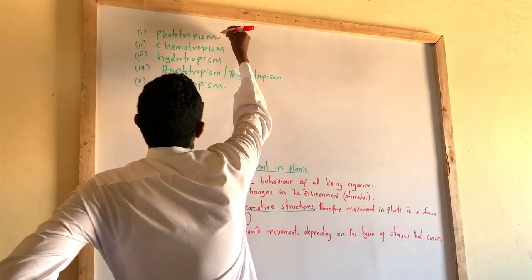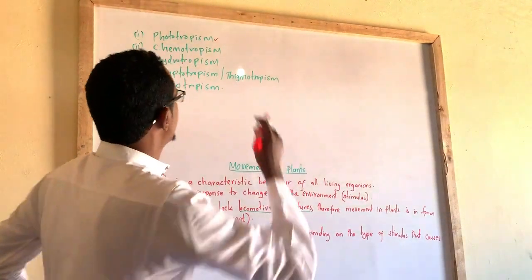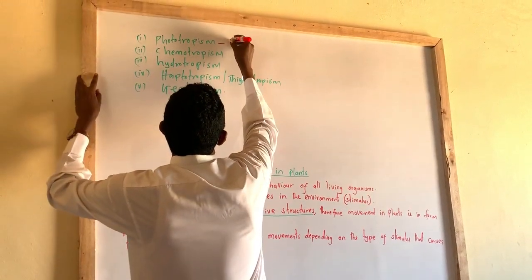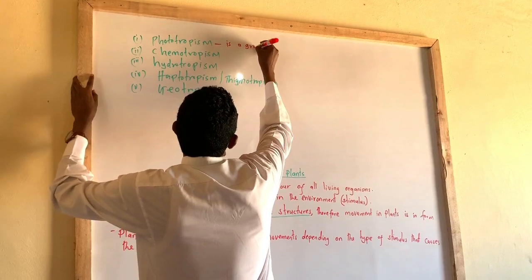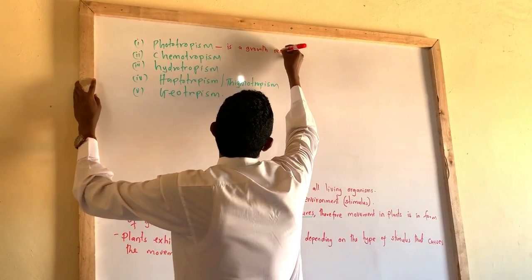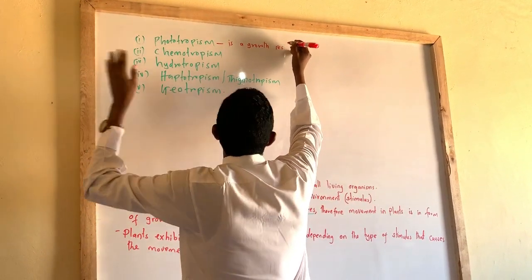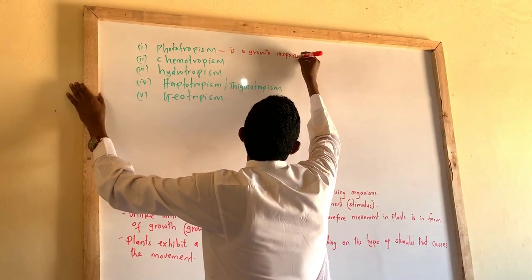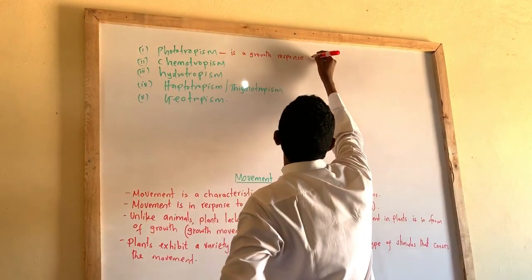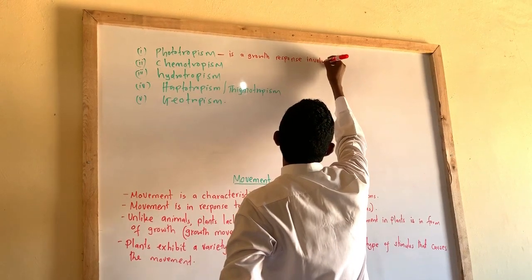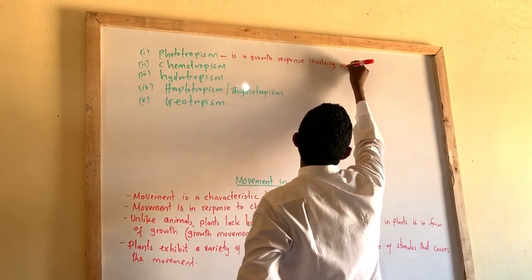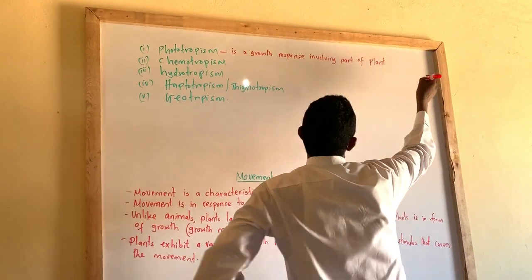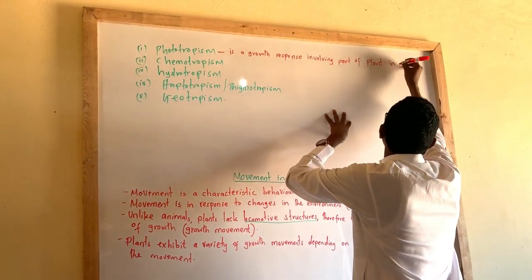Phototropism, if I may define, I can say phototropism is a growth response, or a growth bend, is a growth response involving part of a plant, in response to unidirectional